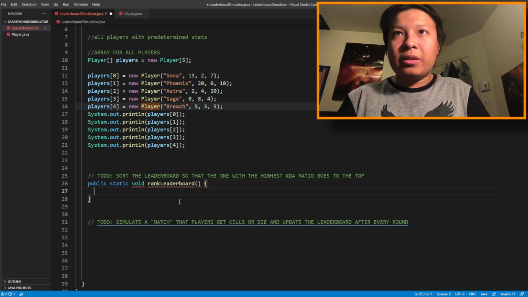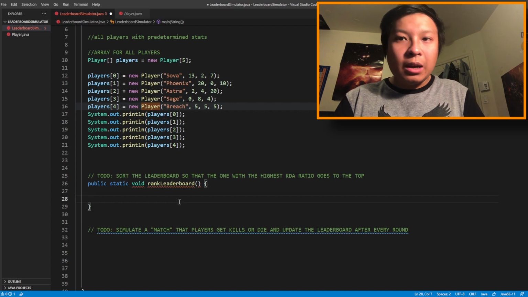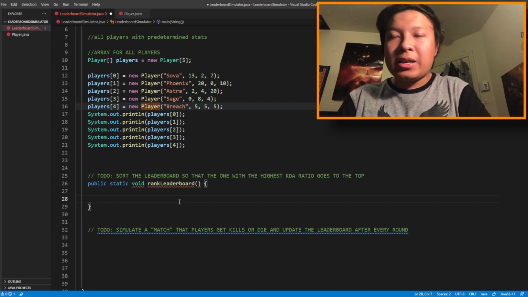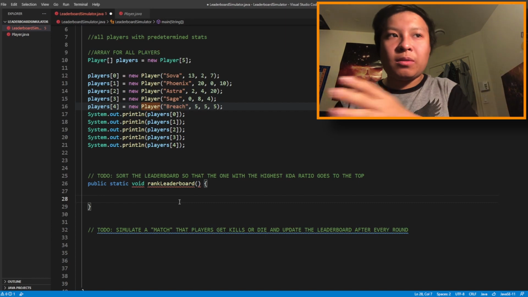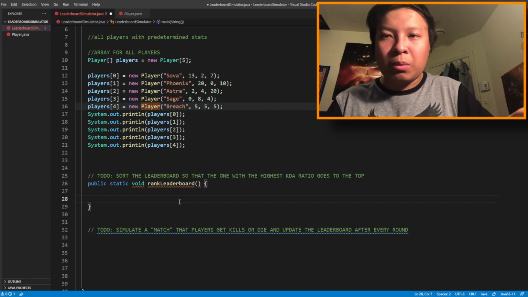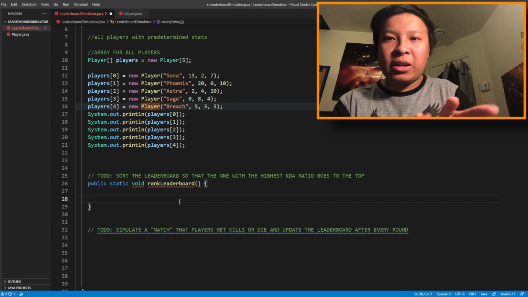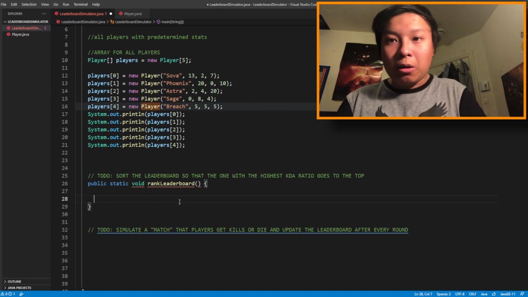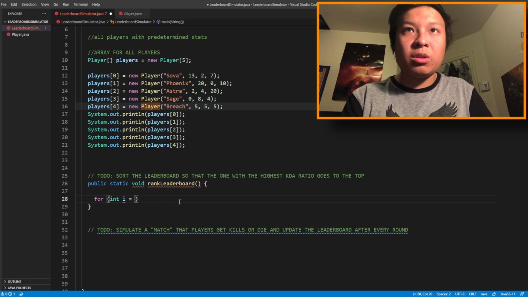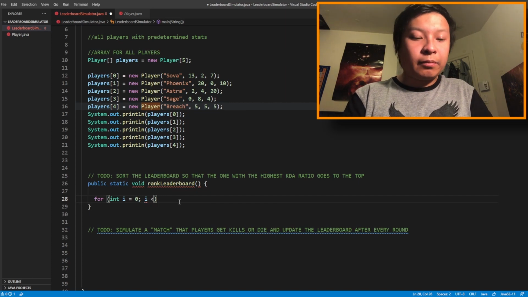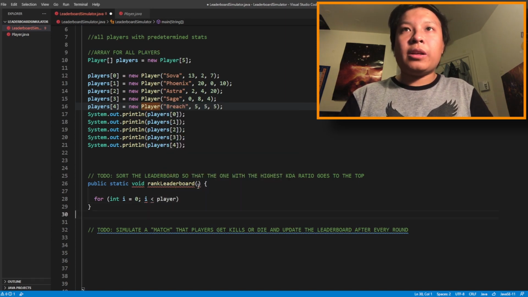In this method I'll have to loop through this array, I guess. I guess I have to do 2 loops. One outer loop, so each pass of the outer loop is a sorting pass, and the inner loop is finding which one has the highest. Alright, so let's do the outer loop. For i equals 0, i is less than players